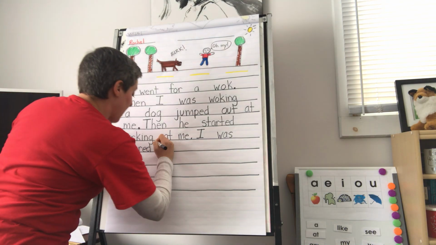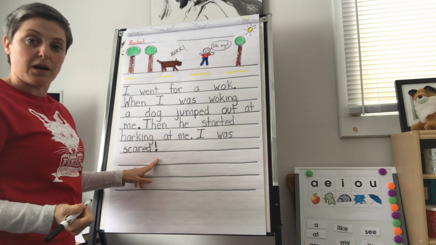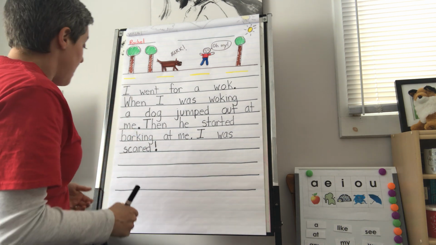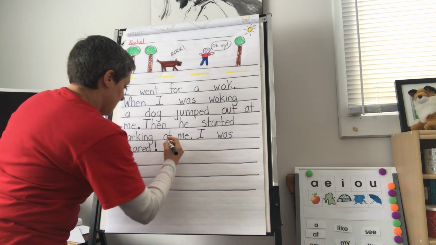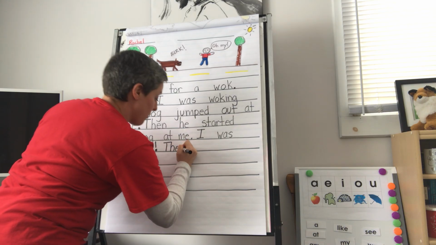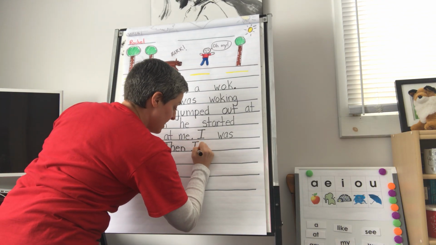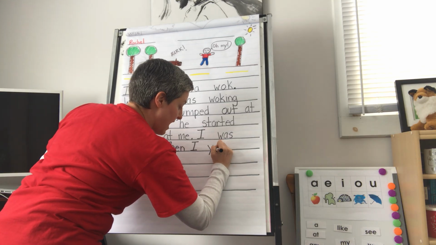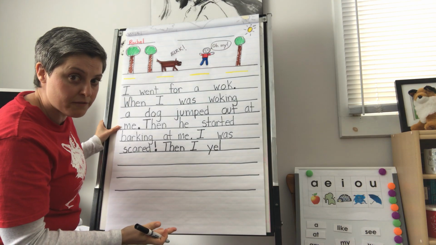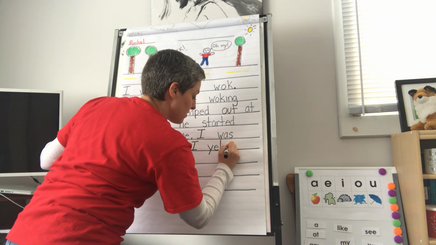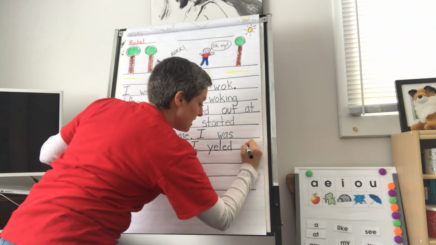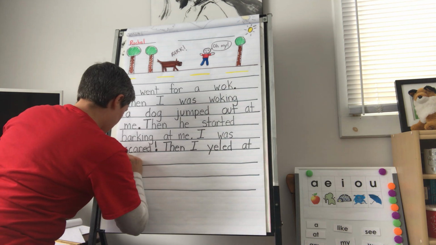I was scared. And I would encourage an exclamation mark there to say, I was really scared, right? You want to say, I was scared. Then I would continue my story, with then or next. Then I yelled, elephant, yell. If you want to show the double L here for yell, absolutely do. I have not taught it yet, but that ED. Then I yelled at him,